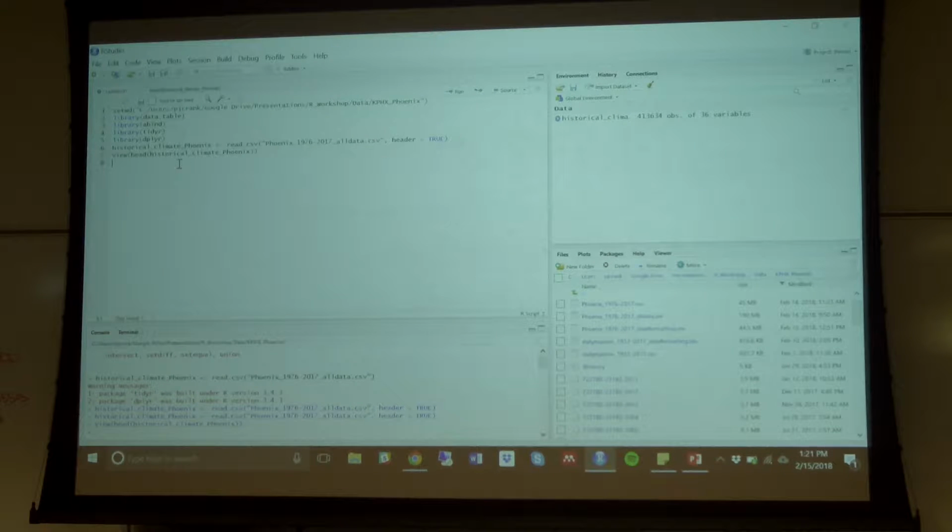Okay. So to remove that first column, you're going to replace this object with the same object, just minus that first column. So you're going to say historical climate Phoenix gets the historical climate Phoenix,